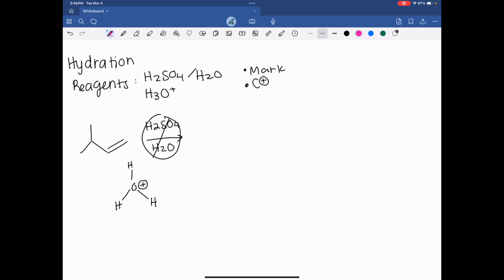So for this one, I'm going to take my double bond, grab a hydrogen, and then these electrons from this bond are going to go back to the oxygen. And then because it follows Markovnikov, my H is going to go to the less substituted side, and that will create a carbocation on the more substituted side. So I will get this, similar to the last one,